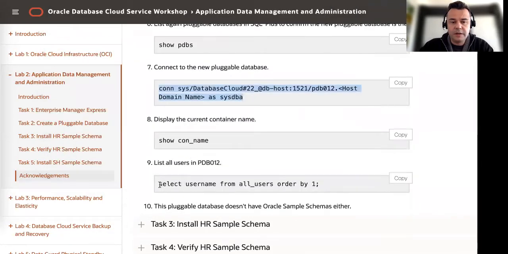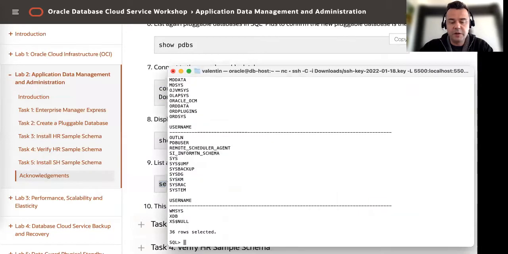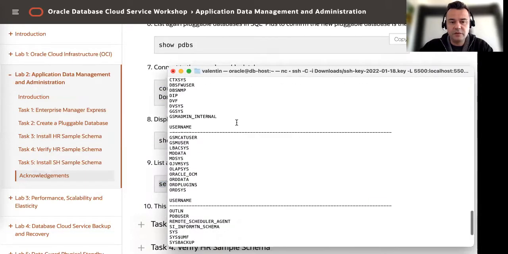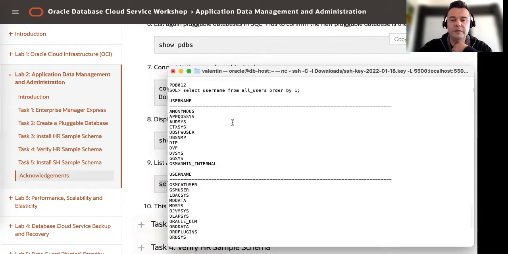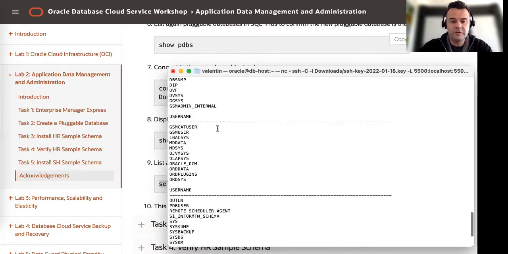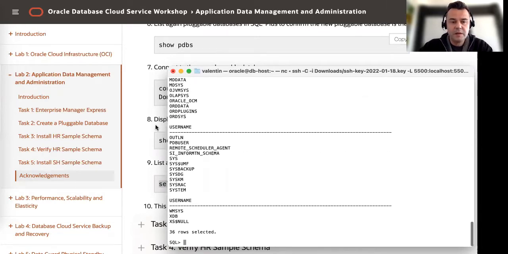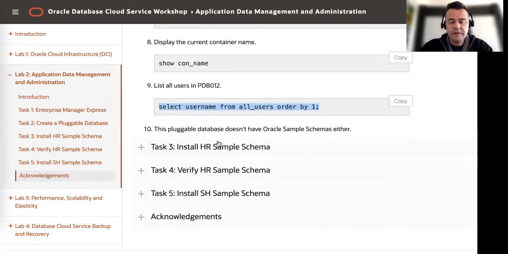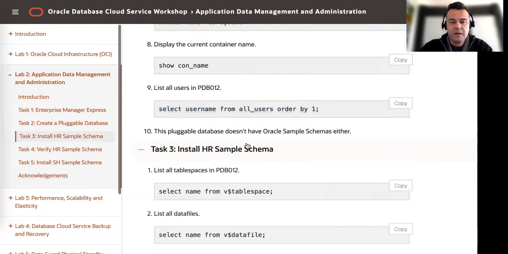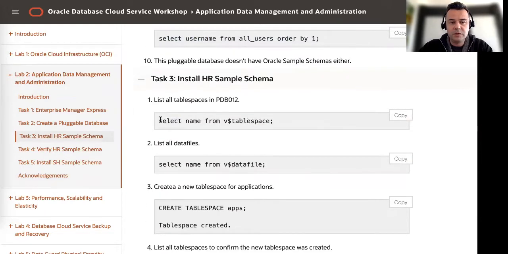And here I can again check the users, the schemas I have in this pluggable database, and I can see that I don't have the sample schemas installed in this pluggable database. The next step is to install the sample schemas. Let's say I have an application I want to deploy on this DBCS in one of the pluggable databases, and I need to install my